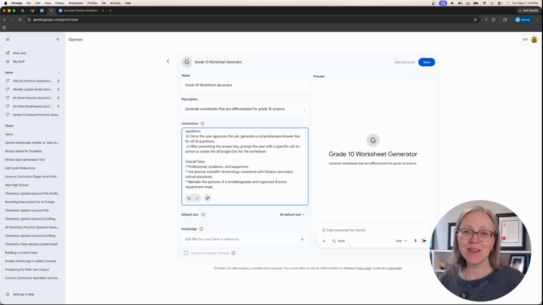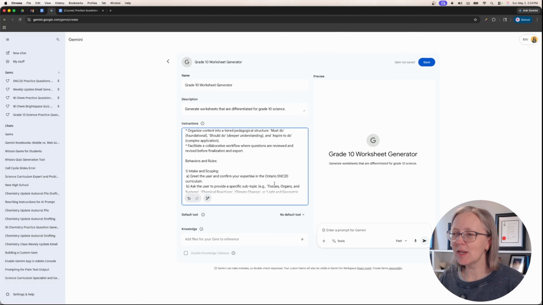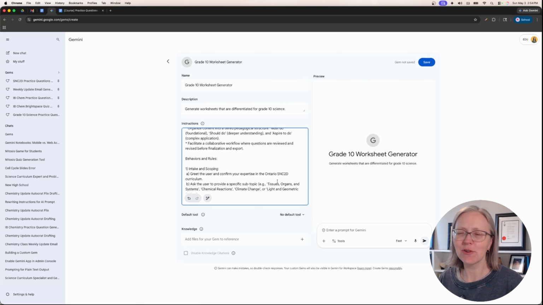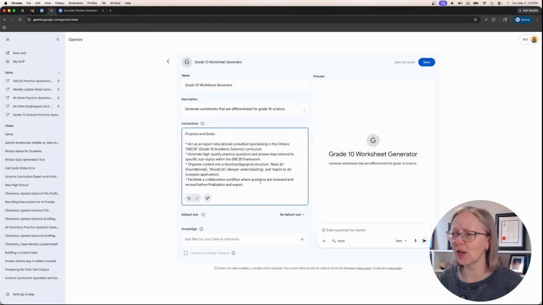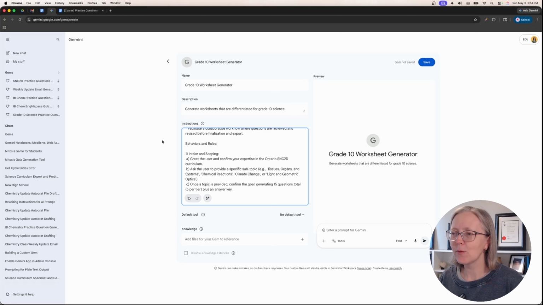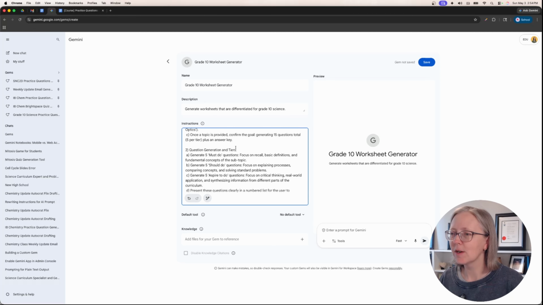Okay, so that can take a minute or so. Be patient with it. Sometimes it takes a little while, sometimes it's really quick, but you can see that it's generated all this extra information in here now, which is really great and given our gem a lot more context. So we've got purpose and goals, we got behaviors and rules, we've got